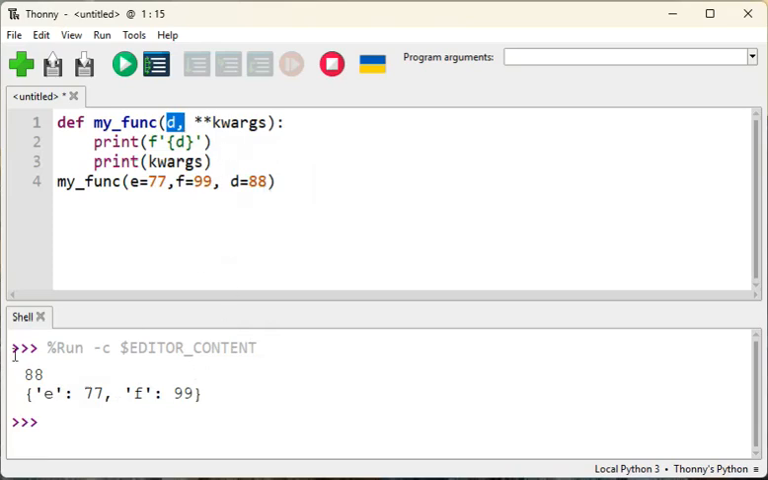Oh yes, there's the 88. Right, it doesn't care which order you put them in. So that's fine. And a final thing, you can actually go *args, **kwargs, and here you can go print args, and there it says the *args have to be before the **kwargs,